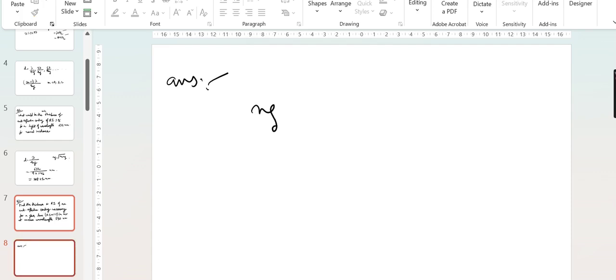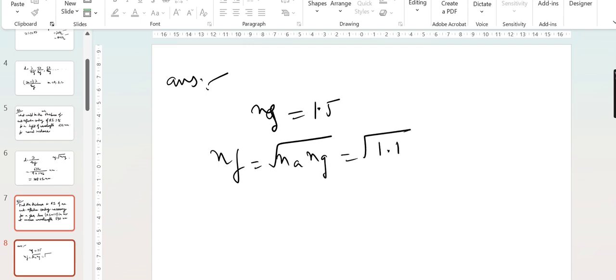So that is 1.5. We need n_f, which is the square root of n_a times n_g, so 1.1 into 1.5, that is 1.225. It is not necessary that we mention all the lenses have respective length. Thickness required is equal to